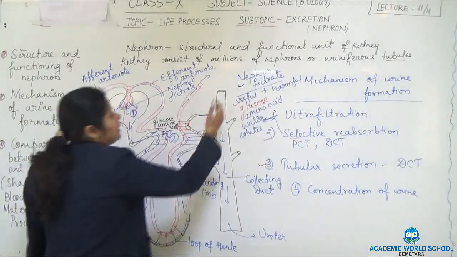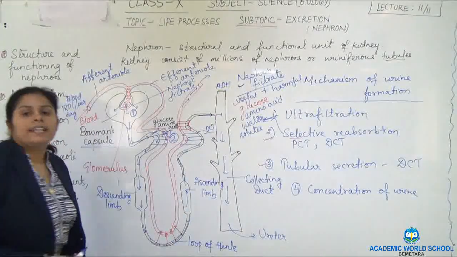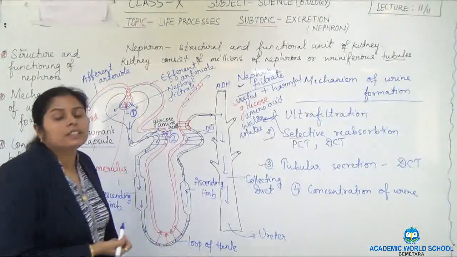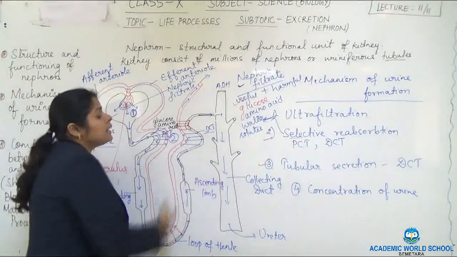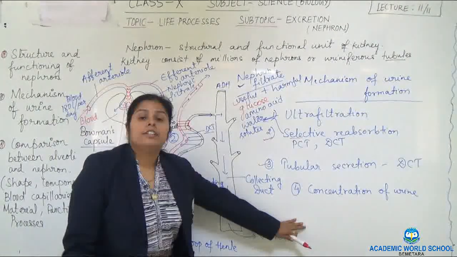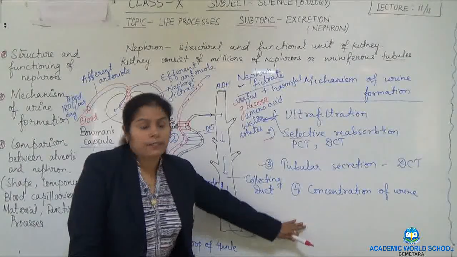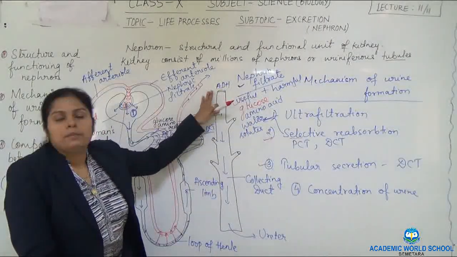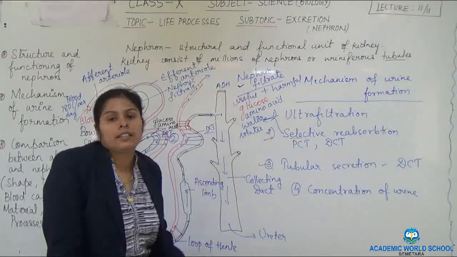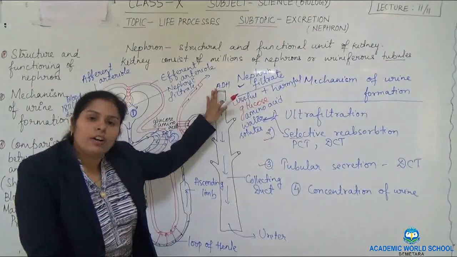Now a hormone will be acting, which we call ADH, antidiuretic hormone, also called vasopressin. The function of this hormone in the collecting duct is that it helps in concentration of urine. If the urine is coming out in a very concentrated form, this hormone will be secreted. And if a person drinks a sufficient amount of water, secretion of vasopressin or antidiuretic hormone is not required.